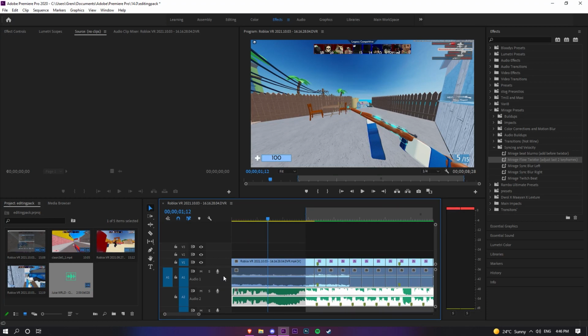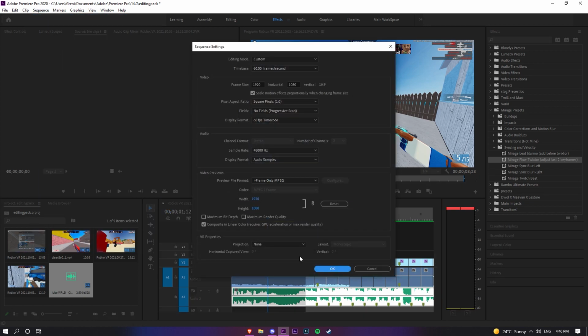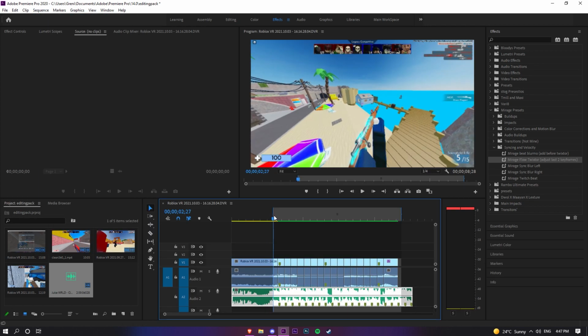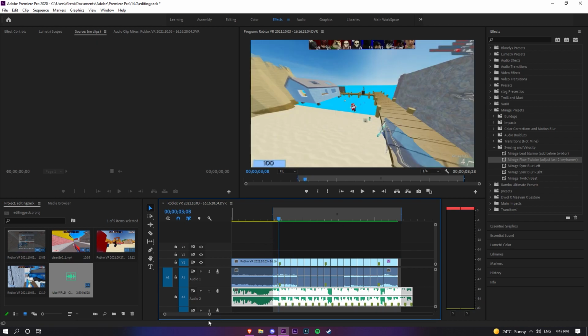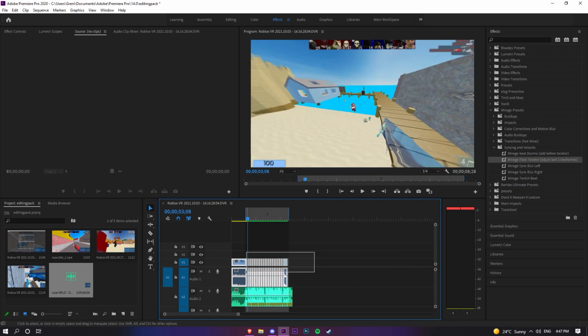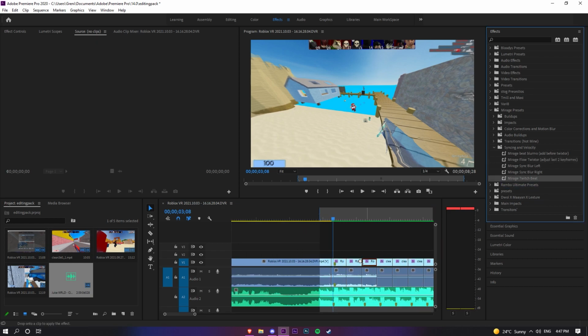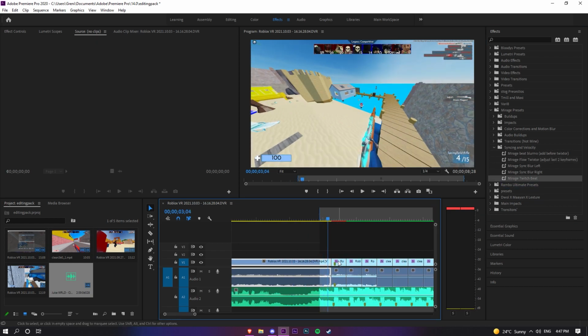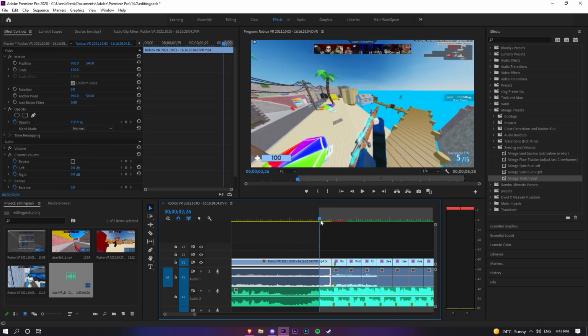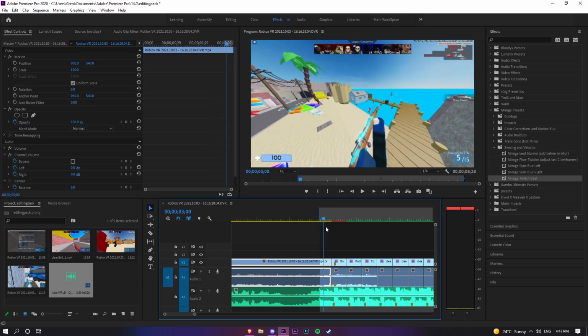Also, I forgot to say this again, but your sequence settings must be at 60 FPS for my presets to work, otherwise they're going to look really whack. Alright, so now I've got all of this ready, and it's pretty good already. What you can do is you can add on Twitch beat. So what Twitch does is it's like a small shake. It is a bit aggressive, but if you want, you can play around with settings and everything. I usually don't add it on most montages.